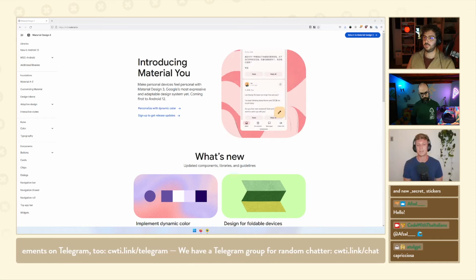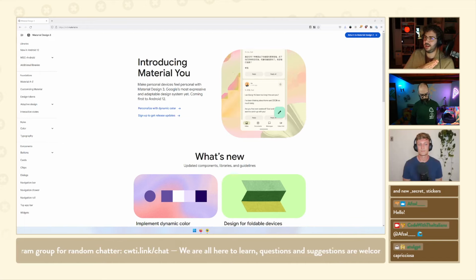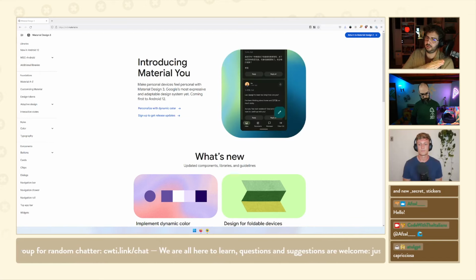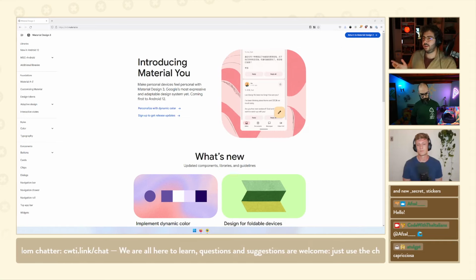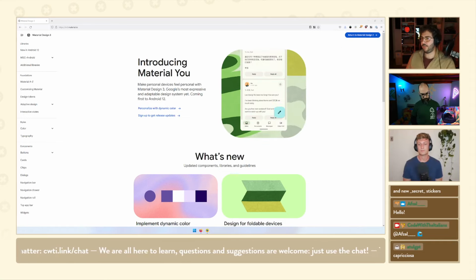And I guess this is a bit of a loaded question. Well, not a loaded, but a heavy question to be this early in the stream. But how do you see the balance? How would you recommend that people tilt the balance towards the dynamic coloring versus the branding? Are there any criteria that the design team has come up with?